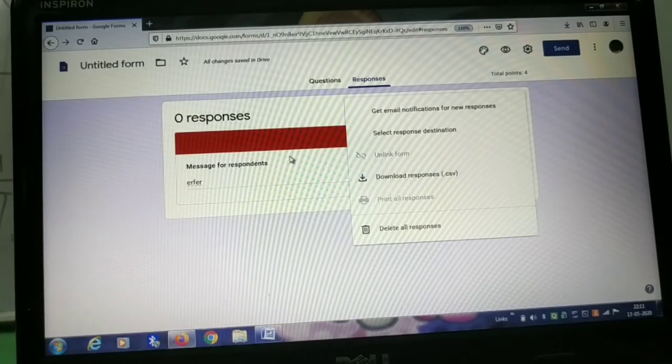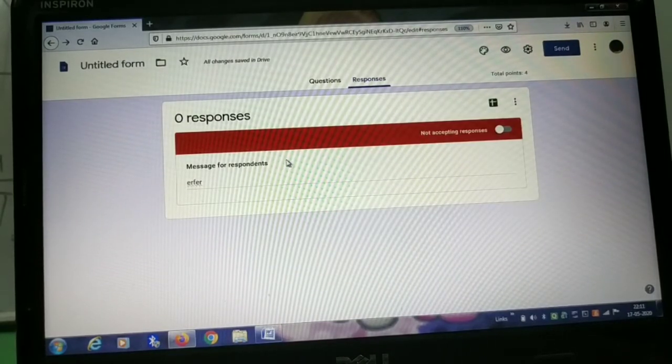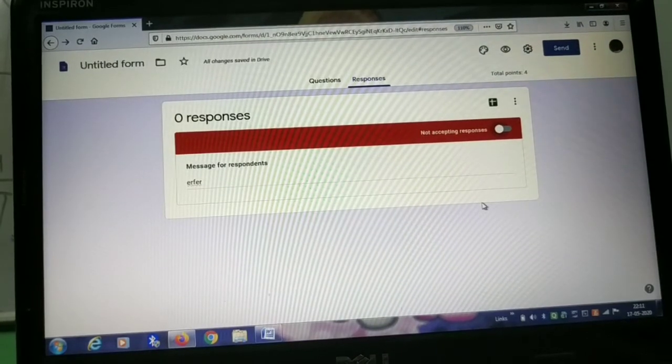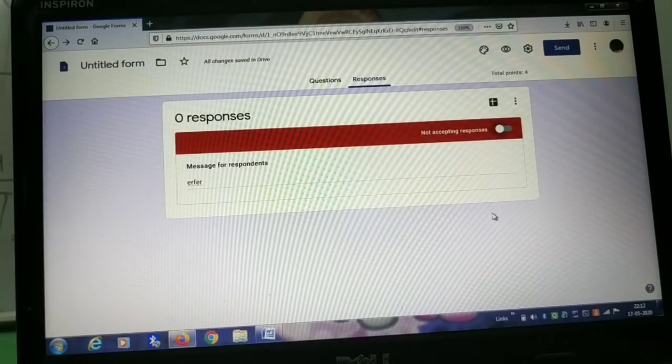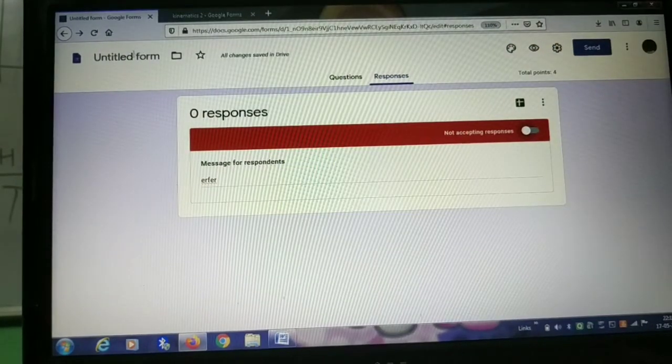Also, one more thing you can do here is, once the responses are available for you over here, you will get an option of release the grade. Remember, release the grade, you have made it optional. That means when you want to release the grade, only then the grades will be released. So you will get an option over here, release the grade. The moment you click release the grade, it will open up how to release the grade.